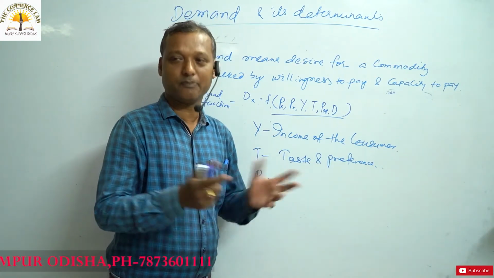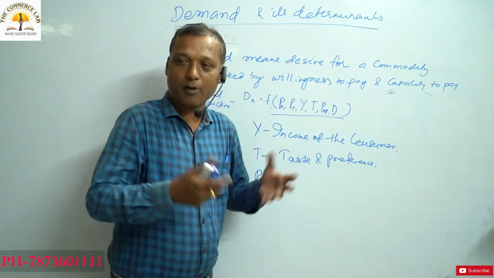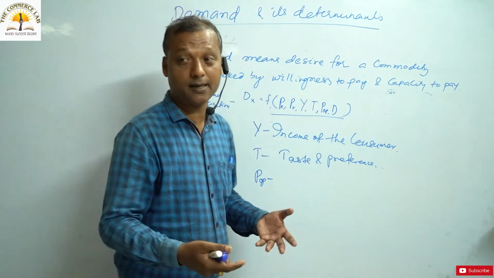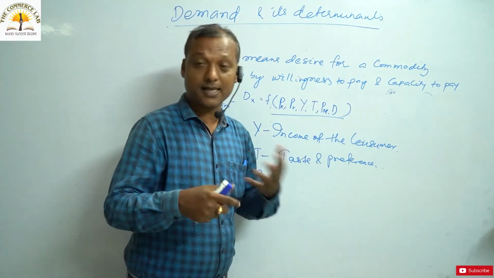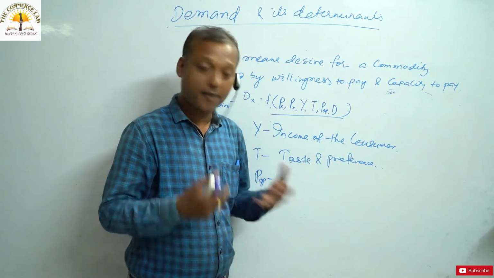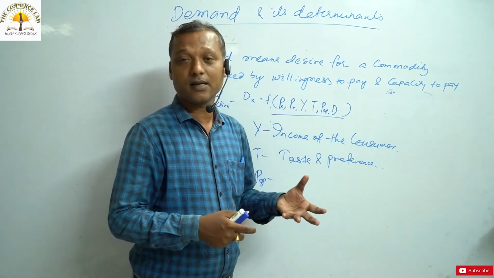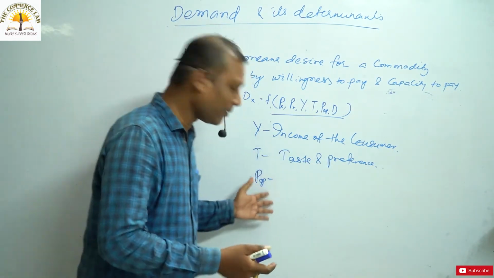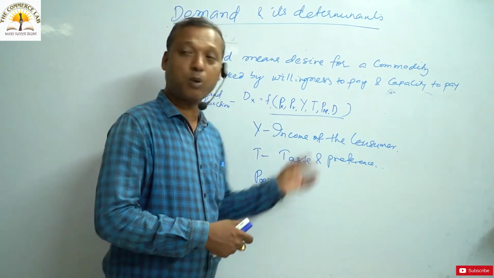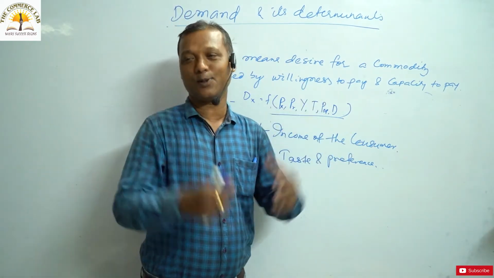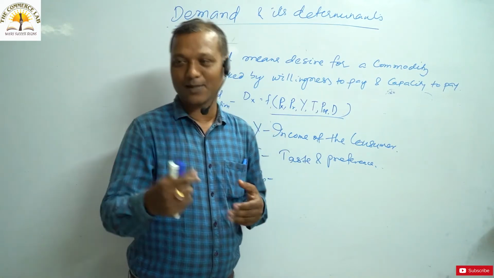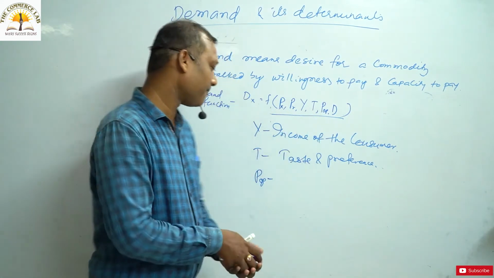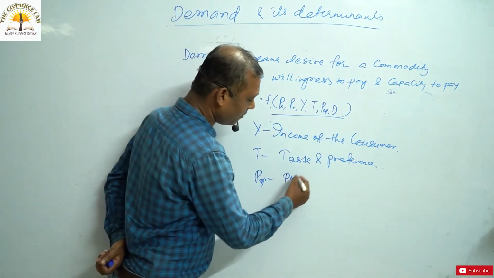We can't only survive with food, clothing and shelter. Nowadays, we need many things. We are living in a completely changed society, dynamic society, new society. People are changing their habits. People are changing their customs. So we require much demand. We require new items. Now the market is changing. So accordingly, when the population of a country changes, demand of the country also changes. When population rises, demand also rises. When population falls, demand also falls. This is the relationship between your population and demand for the commodity. P for your population.